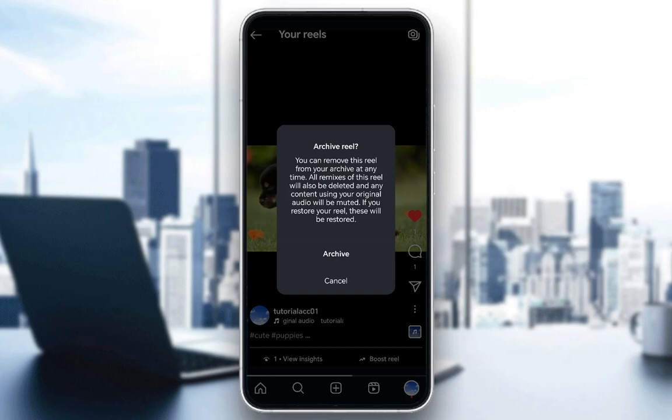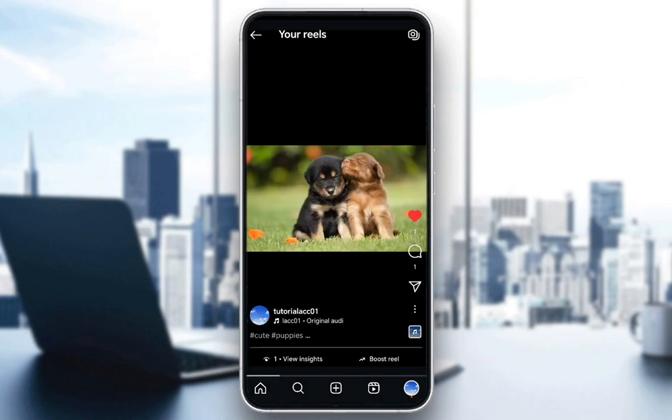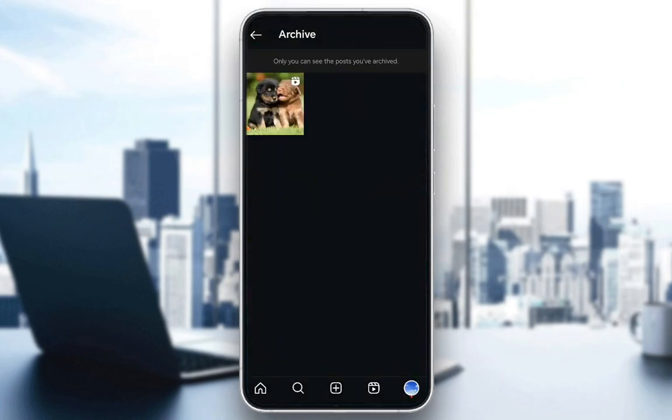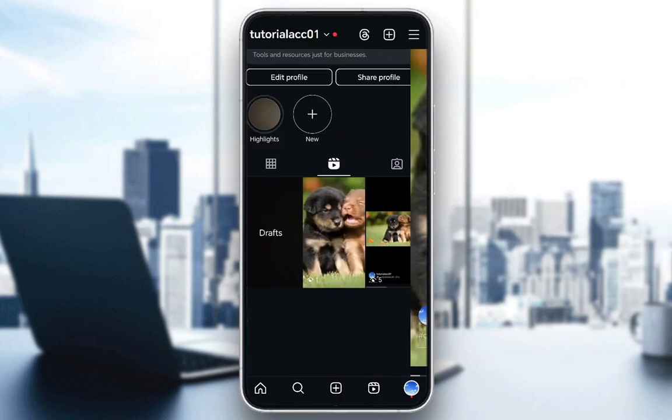Tap on that and it's going to give you a prompt. It'll say that you can remove this reel from the archive at any time. Any remixes with this reel will be deleted, as well as other reels that use this reel's audio will be muted. And once you restore it from the archive, it'll be restored as well. So let me just archive it. And as you can see now, it's archived and it's within my archive,